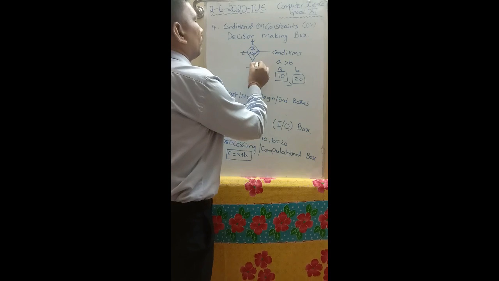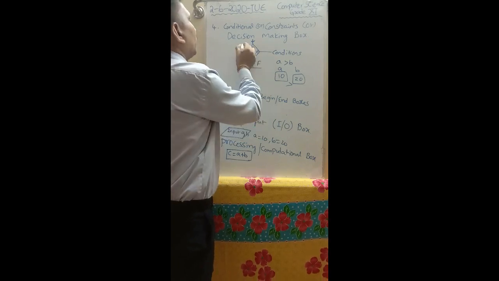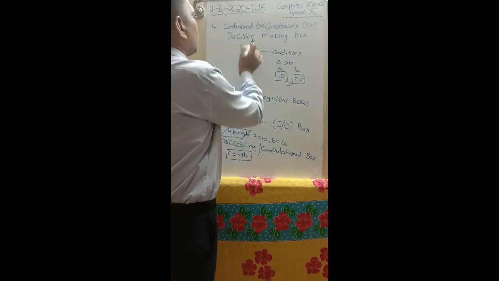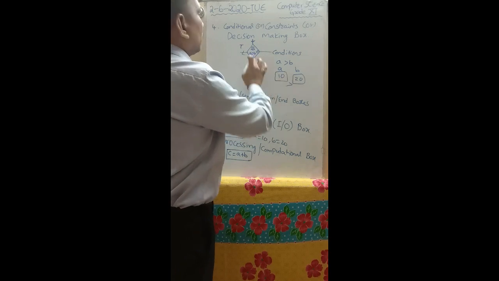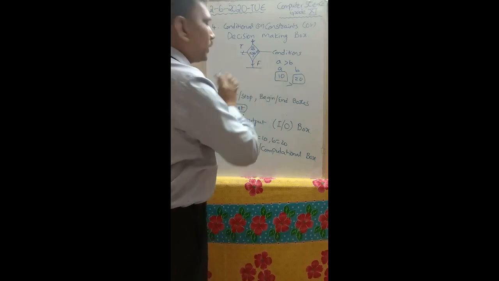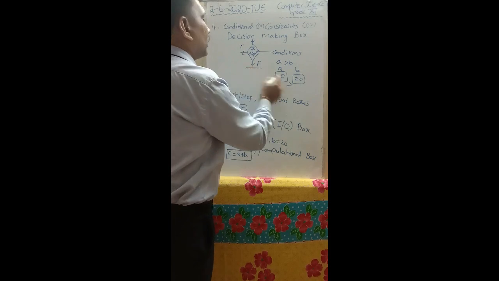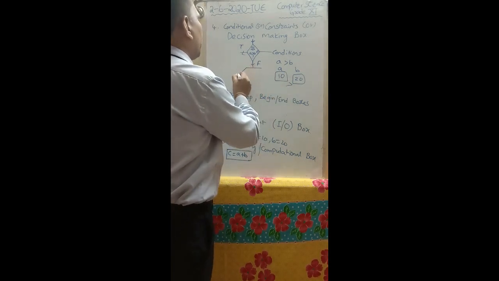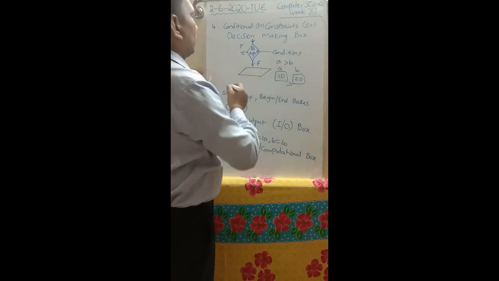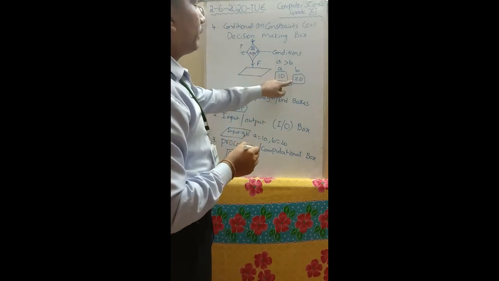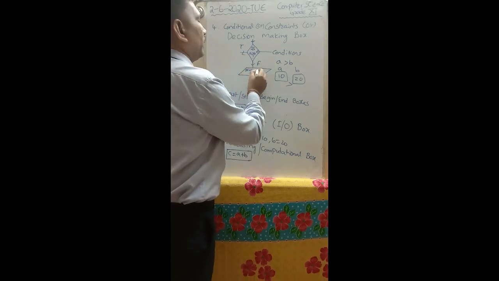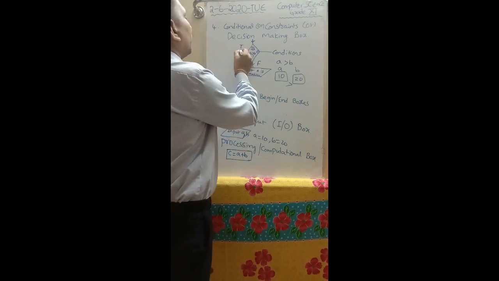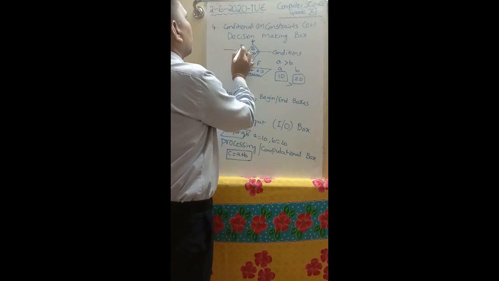So it returns false. True or false? When it returns true, control goes to this; if it is false, control goes to this execution. Next, here I am writing print. Suppose A is less than B here. That's why I am writing print A is smaller. Here I am writing B is smaller.